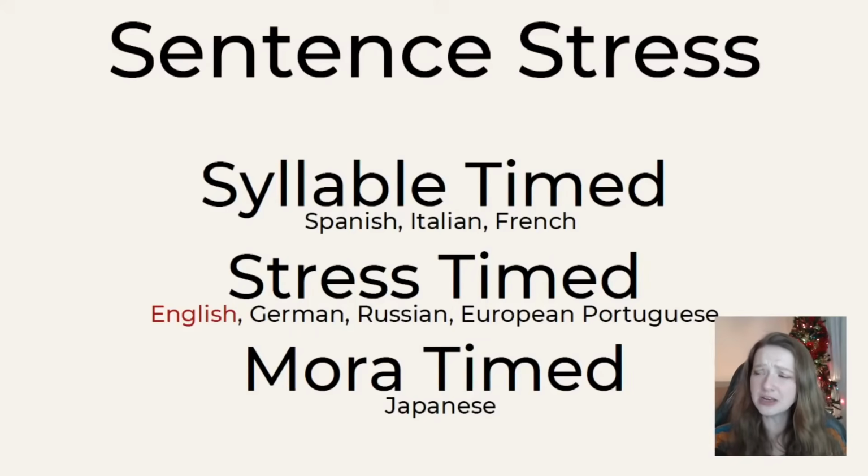Brazilian Portuguese is a bit of a weird one because a while ago when I was learning Portuguese, I focused mostly on Brazilian Portuguese. And I was looking at the type of sentence stress it had, and it was supposedly like a mixture, depending on the accent in Brazilian Portuguese. But it's mostly considered syllable-timed, apparently, while European Portuguese is more stress-timed, which is super interesting from a linguistic perspective. I found that really interesting. And a mora-timed language is one like Japanese.